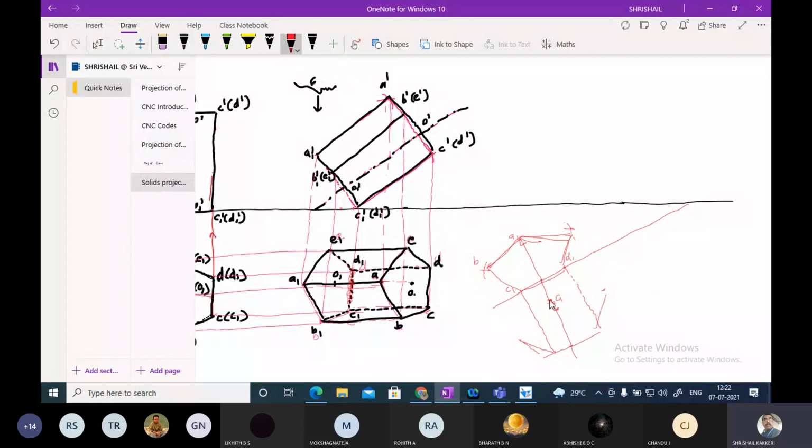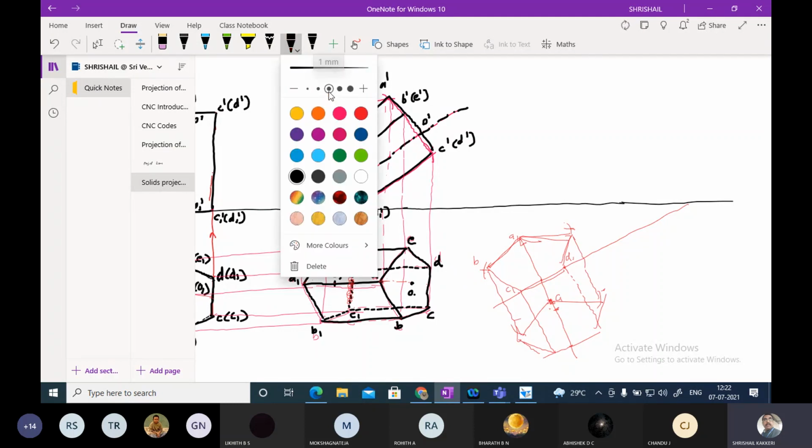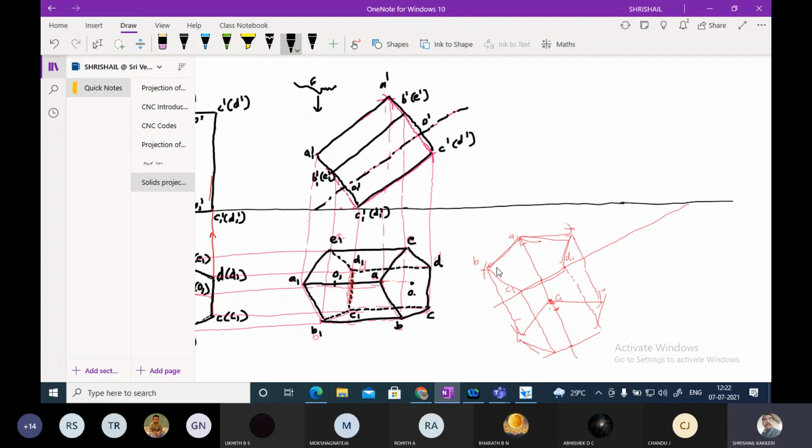So like this, I am going to complete this particular part. You understood, I think. From this point, you take this length and this length, draw the arc here and here, and again by taking this as a center, draw this arc, and you will get these points, and you can join them. This is very, very important. You make practice. Once after this, I am going to draw a thick line. Please look here clearly. I am going to make them thick.